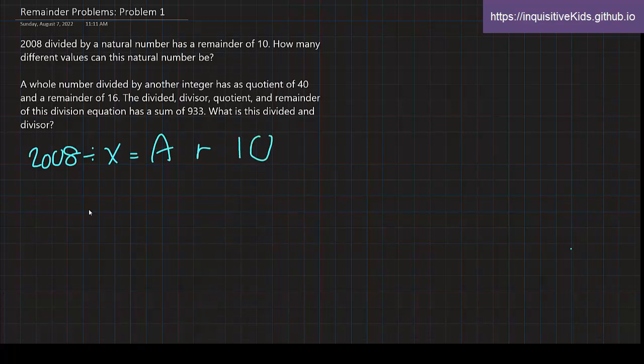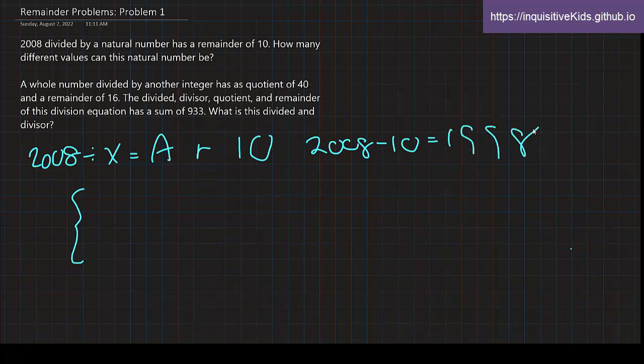So this means that we know two things about x. We know that x is, let's take 10 away from 2008. 2008 minus 10 would be 1998. So x would have to be a factor of 1998, and also